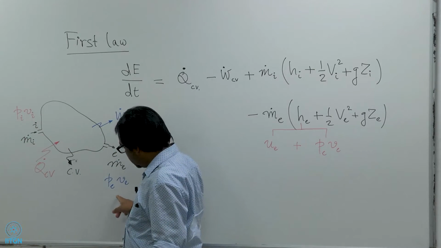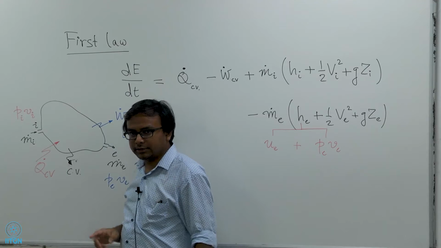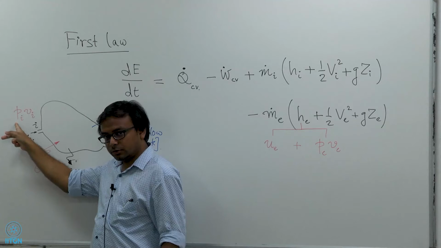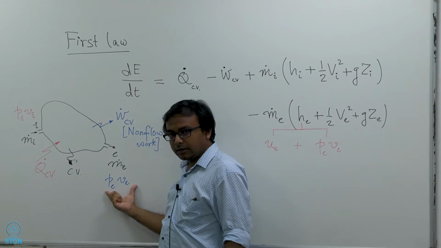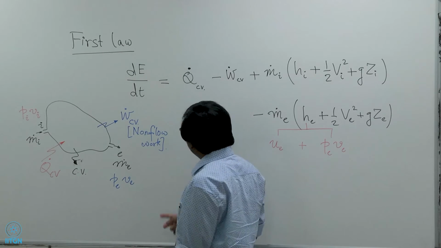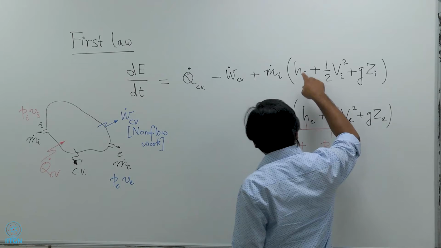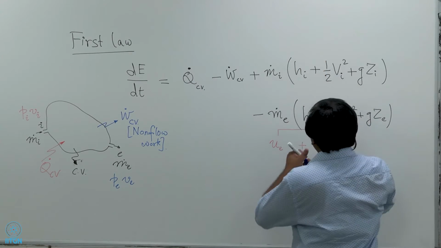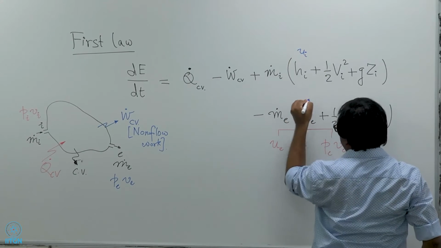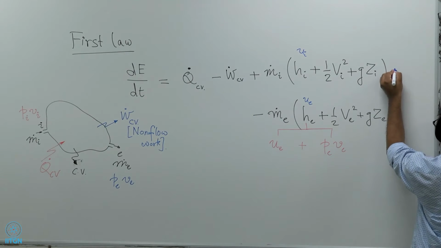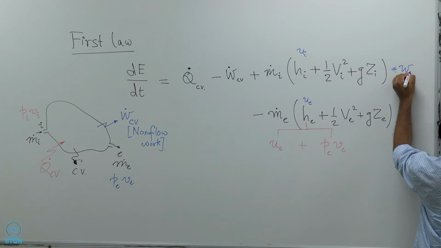So, these two are sometimes, as we said, loosely called flow work, and these are being continuously done to sustain the flow, right. This is being done on the control volume, and this much work is being done by the control volume on the surroundings. So, you have to account for that. Ideally speaking, you should not write this as H I, but we can write this as U I, we can write this as U E, and then we can take care of the net work due to flow,